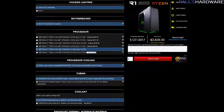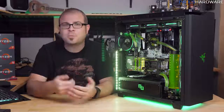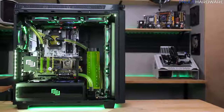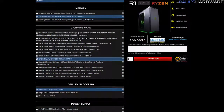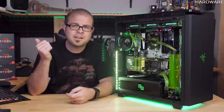That is the upcharge when configuring your system, and those examples exist throughout all of the different selections you might choose when upgrading to better parts. I tried to configure this exact build that I have here on Maingear's website, but I couldn't choose all the exact components that they actually used in this system. So even though I only chose a single GTX 1080, and I did choose hardline tubing instead of soft tubing, the price they issued me was